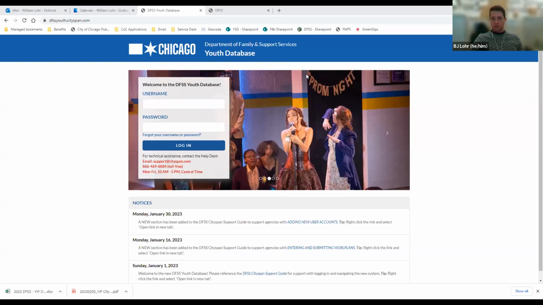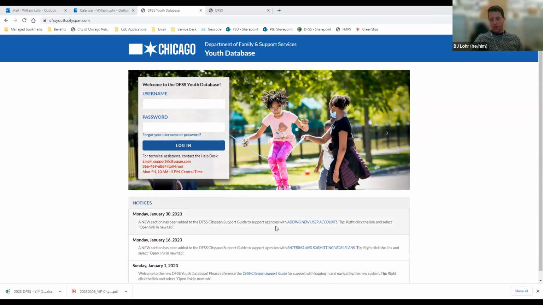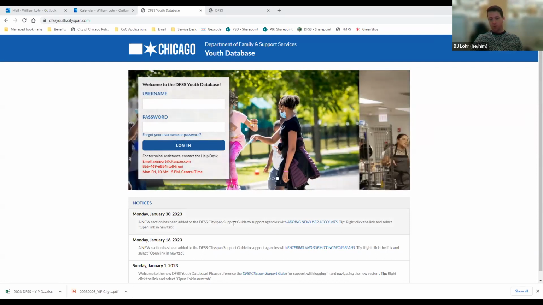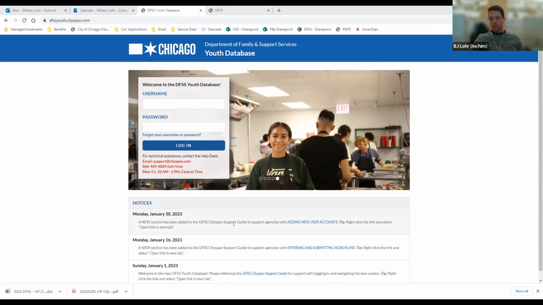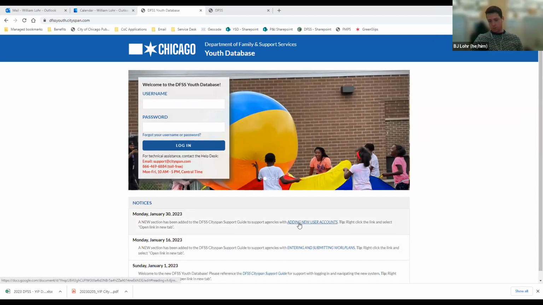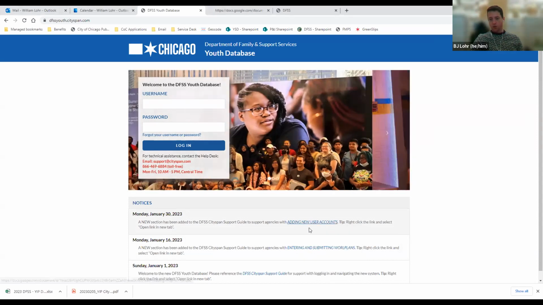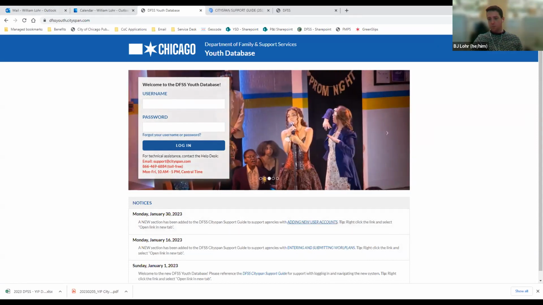So here we've got the welcome page, the main landing page for CITYSPAN. When it comes to adding in new user accounts, that information has been added into the CITYSPAN support guide. So anytime we add in a new section to the support guide, we're going to put a notice down here at the bottom of the main landing page with a link directly to that section. So you see this link to adding new user accounts. If I right click and select open in a new tab,